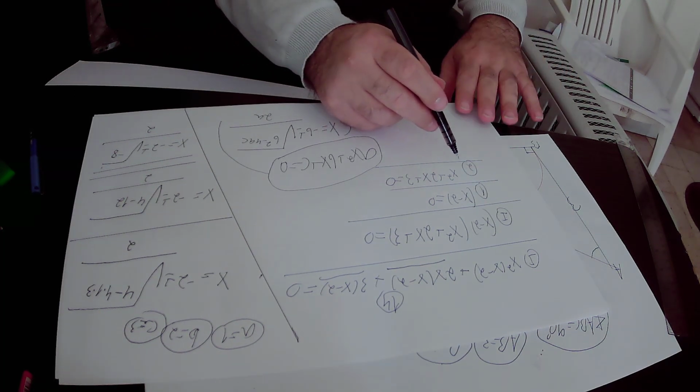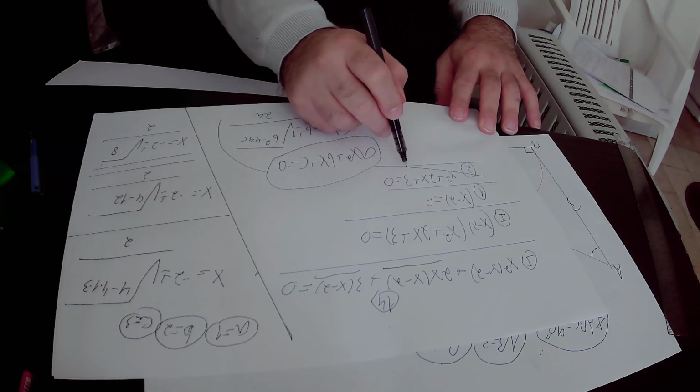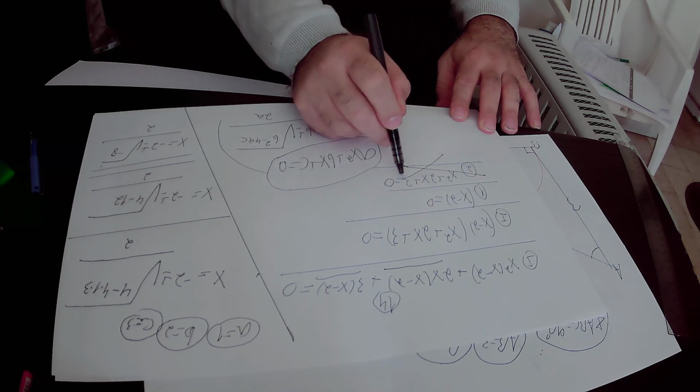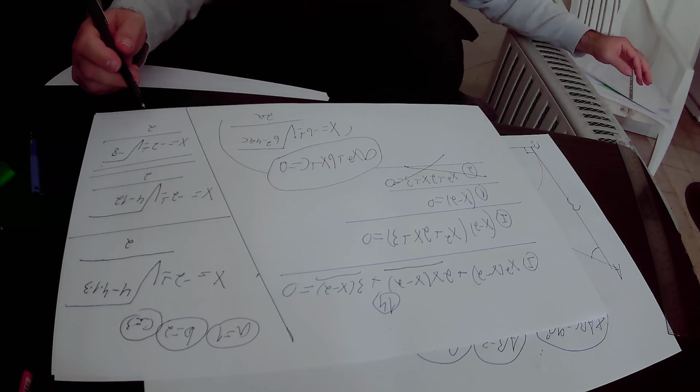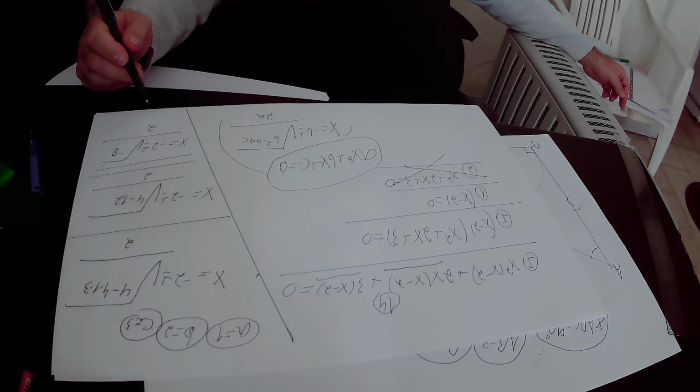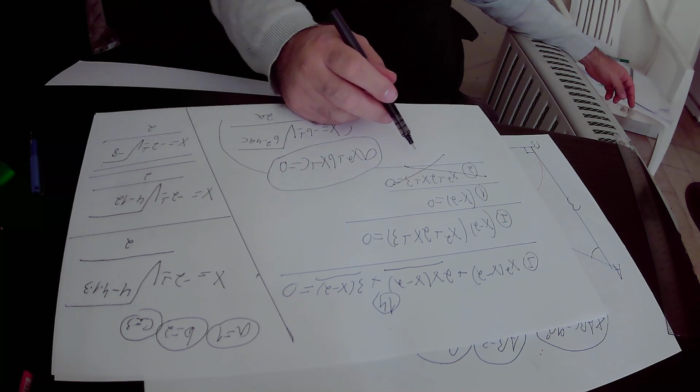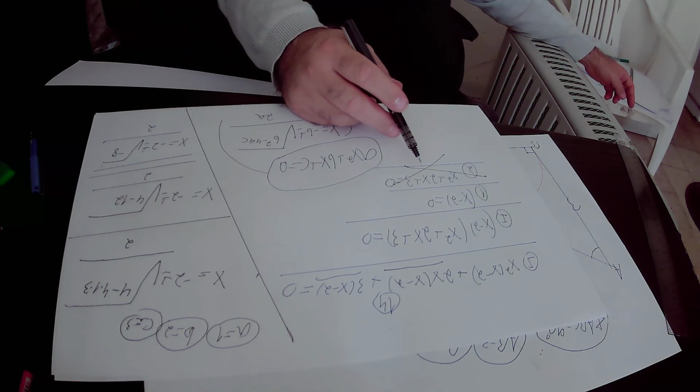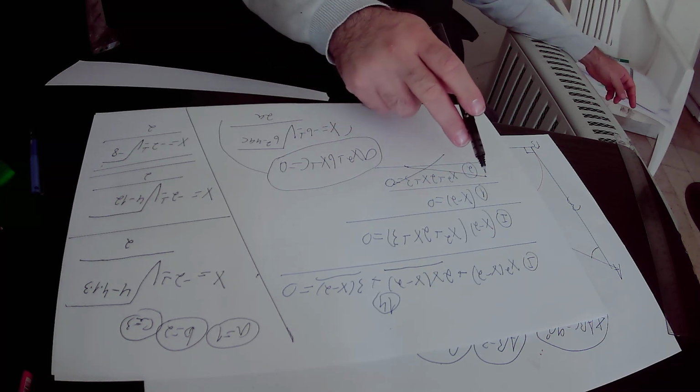So this possibility is not correct, so we'll cancel this possibility because a square root of minus 8 doesn't exist. Therefore we have no solution to this quadratic equation, and the only solution that is possible for equation number 1